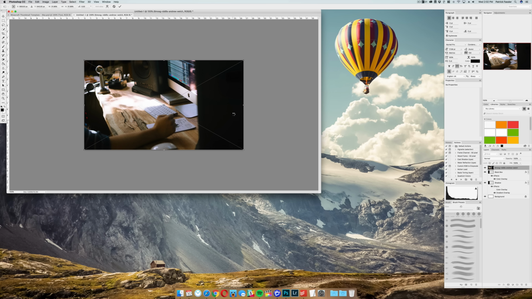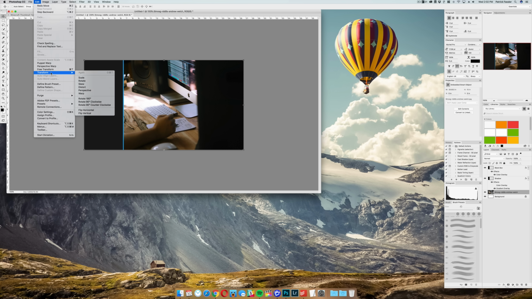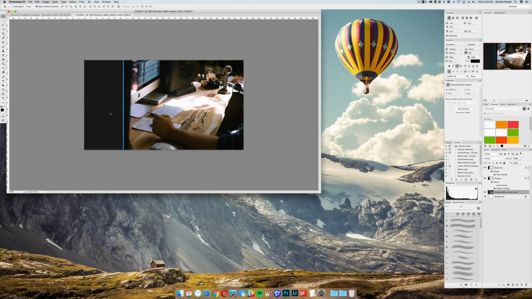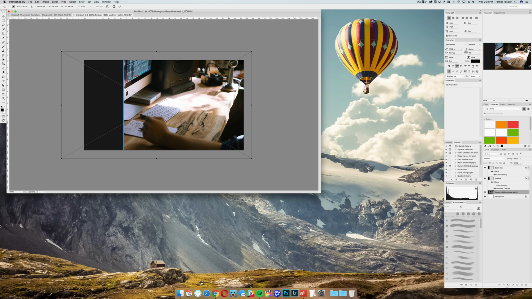We can just go ahead and click return or enter on our keyboard and then drag it all the way to the bottom, and then as you can see that overlay sits on top of it. We'll actually go ahead and flip this image because there's a huge black piece over here, so we'll just go to edit, transform, and flip horizontal, and then as you can see that clears that up. I'll also resize the image so that black box goes away a little bit more, and then just hit return